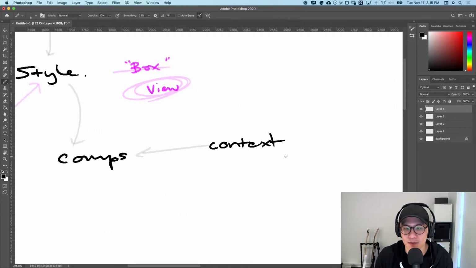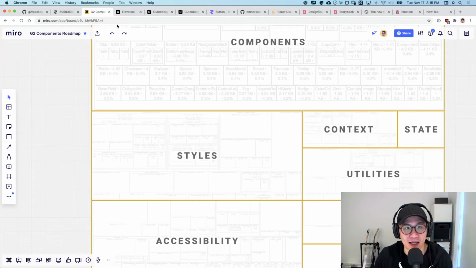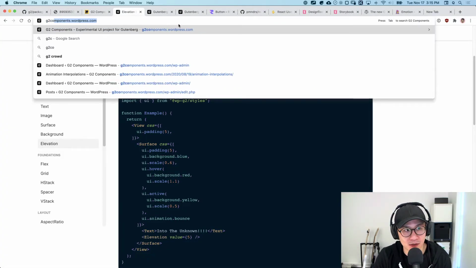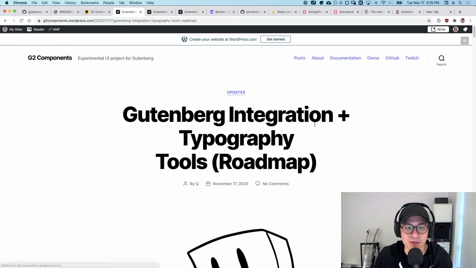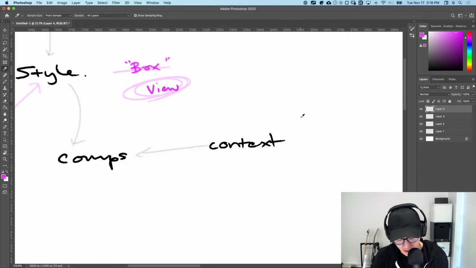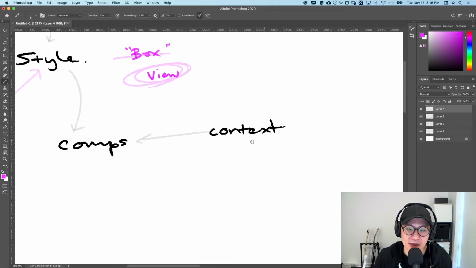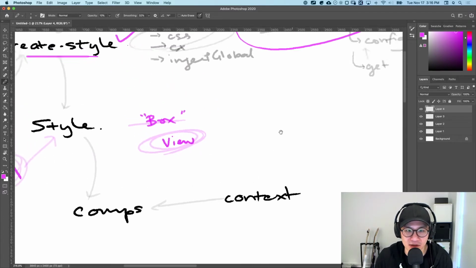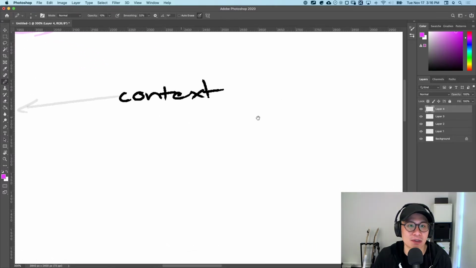So context, this is the thing that allows for the proposed integration into Gutenberg to work. All of this effectively rests on the fact that this context system exists, which is an understatement for how important this thing is. So what this is, you can imagine this is sort of like a social network or some sort of network thing. I'm going to draw a little network guy. A little network with, sure,